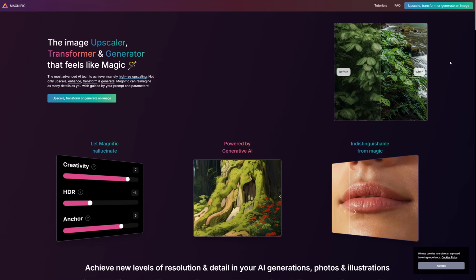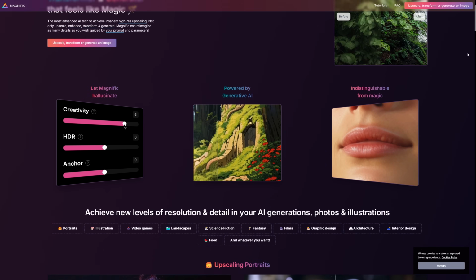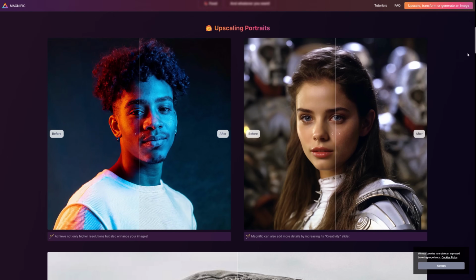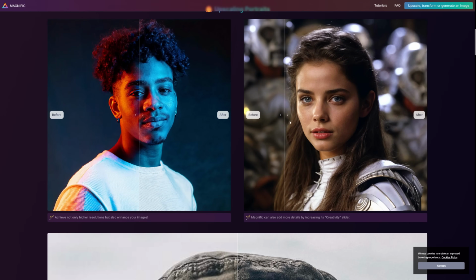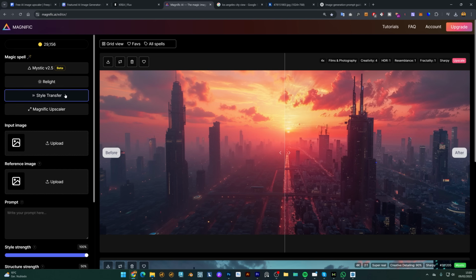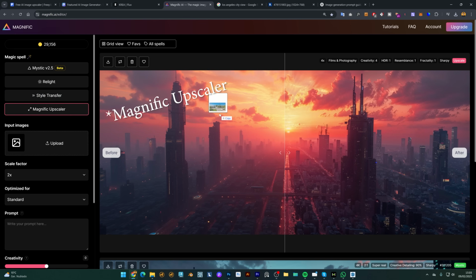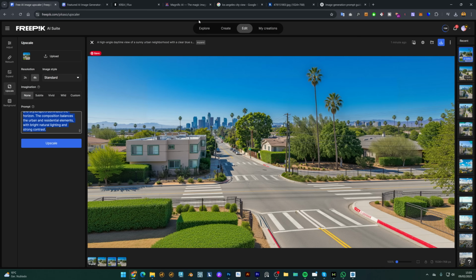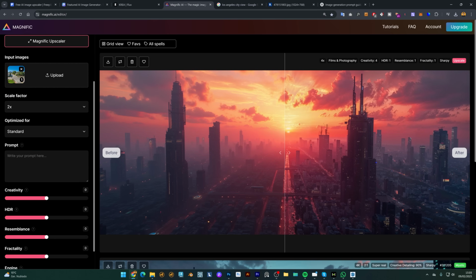To fix that, I'll use Magnific AI, which does a much better job at keeping fine details. I've already made a full video on this process, you can check it in the description. Inside Magnific AI, I'll select Style Transfer, drag the image into Input Images, and test different settings. I'm also pasting here the prompt,